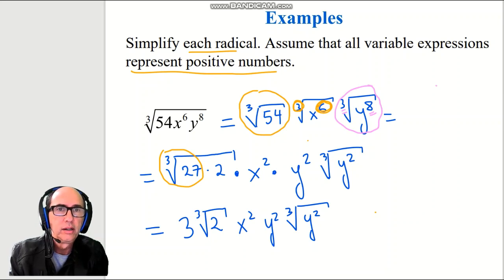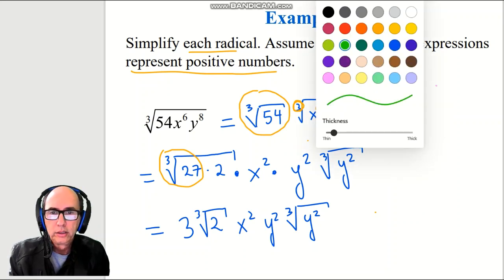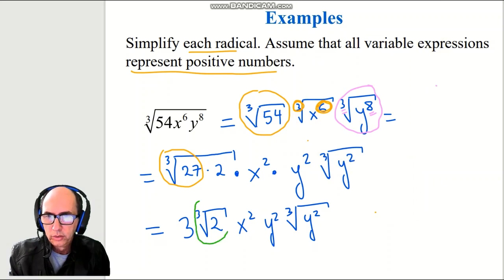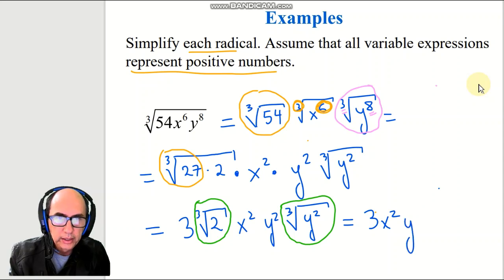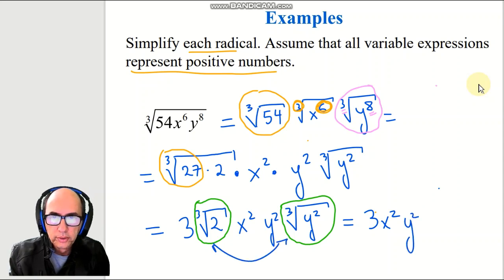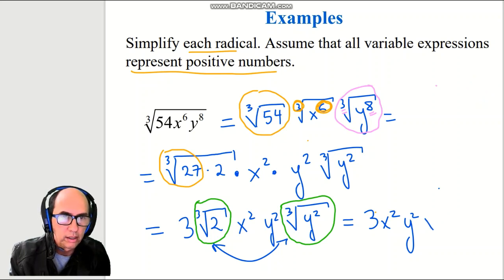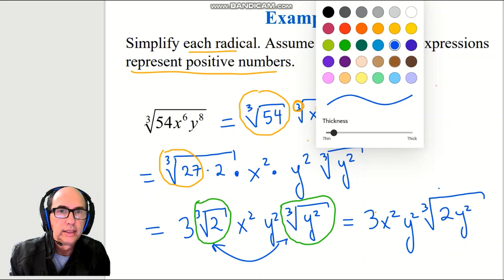There's one final step that we can work out to make this a bit nicer and simpler. If you have a multiplication, you can join together under the same root, as long as the index is the same. The index is 3. Let's keep the 3, let's keep the x squared, let's keep the y squared, and we're going to join together these two factors that are in separate roots. Let's join under the same cube root of 2y squared. Nice, that's the simplest